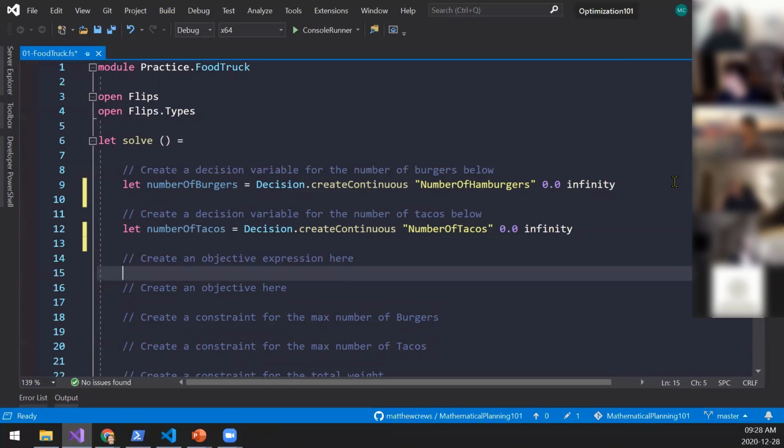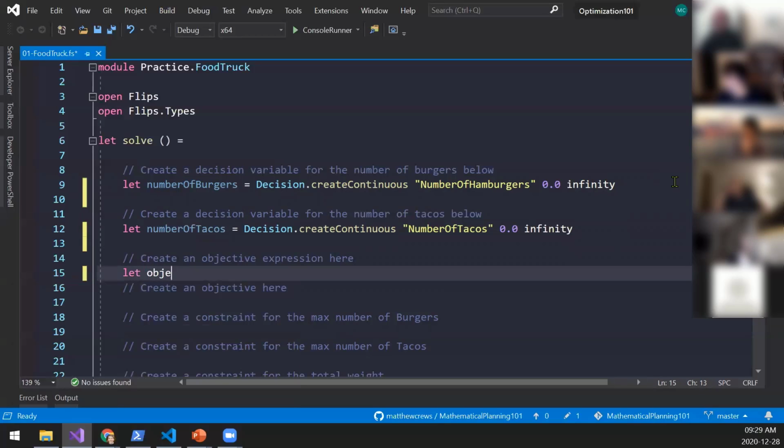Let's create our objective expression. So this is going to be the kind of expression that the solver, so the solver is the engine underneath everything that finds these solutions. The objective expression is how we're telling it, this is how you measure success, right? This is the thing I want you to use to say whether something is better or worse.